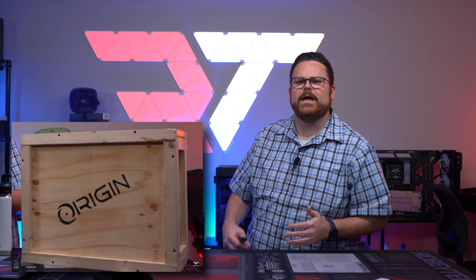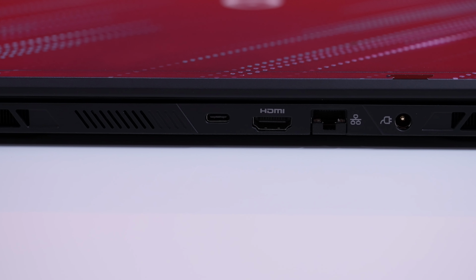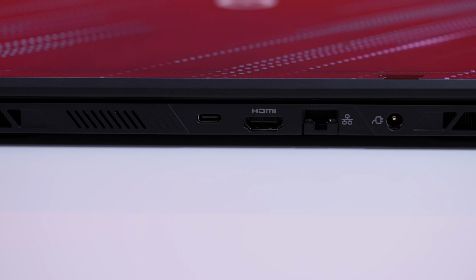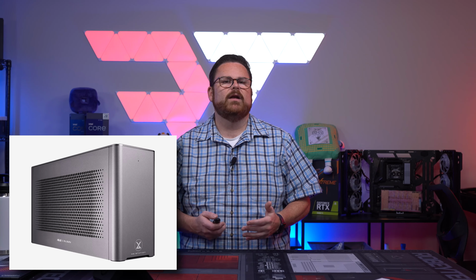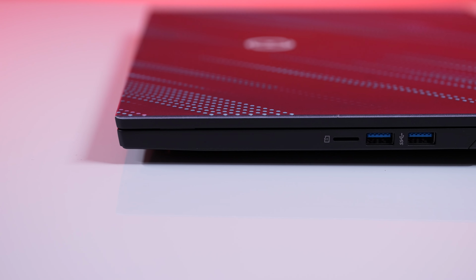For ports, you've got those 2 USB 3.1 Gen 1 Type A ports. You've got 1 USB 3.1 Gen 2 Type A port. You've also got 1 USB 3.1 Gen 2 Type C port that also supports Thunderbolt 4, DisplayPort 1.4, and PD charging via Type C adapter at 40 to 100 watts. Thunderbolt 4 does mean eGPU if you want, just something worth flagging and one of the benefits of having an Intel here. We also have an SD card reader, which is awesome, and we don't see that enough on a